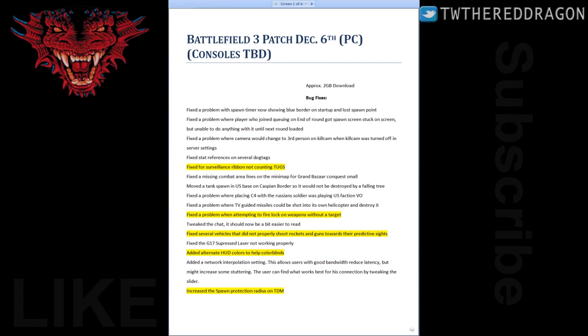So this is coming out tomorrow on the PC. We'll go through here. Once again, I've highlighted a few of the things that I think are important. If you want to read the rest of it, you can always pause the video. Fix the surveillance ribbon for the tugs. A lot of people have been asking about that. They would send me messages saying they couldn't get any surveillance ribbons, so that was obviously a problem. Fix the problem when attempting to fire lock-on weapons without a target. Also, vehicles weren't properly shooting